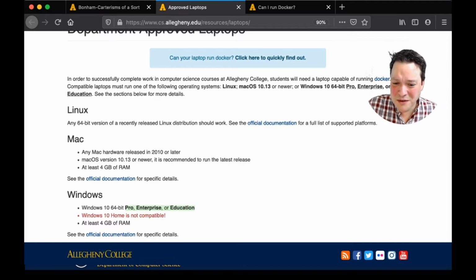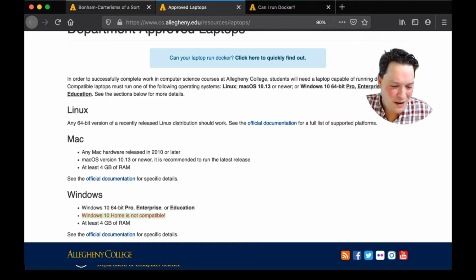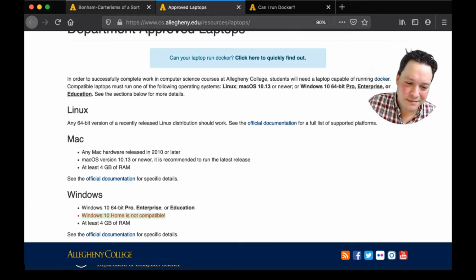Anyway, you can look through these if you'd like and just see what you think. But the one thing I'm concerned about for this course is Windows 10 Home. If you're using that, please let me know, and we'll see whether we can find some system of getting you upgraded here. Anyway, let me know.